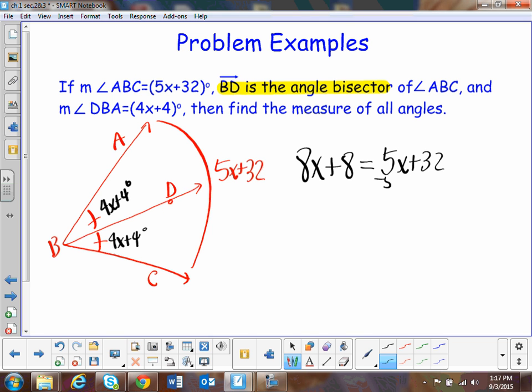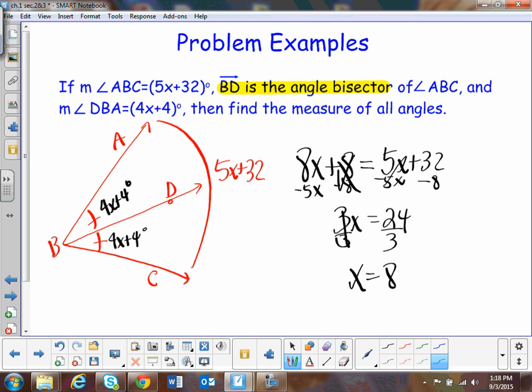So I'm going to minus 5x, this is all algebra 1 stuff, minus 8. 3x is equal to 24. Pause this video if I'm going too fast. Divide by 3, x equals 8. So 8 will get plugged back in to find these measures. So 8 times 4 is 32. 32 plus 4 is